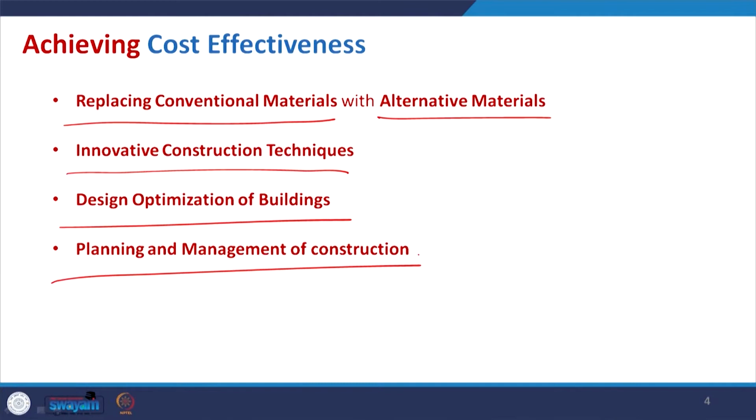Wastage should be minimized in terms of the available space, and also the material. Now, the planning and management of construction: even if you have a very good drawing, a very well optimized architectural design, good technology and good materials, there can be mismanagement when you implement it on site. There is not a good flow, like when the materials are to be procured and when they are to be cured. So, proper management also influences the cost effectiveness of any construction project, and that too for a building as well.